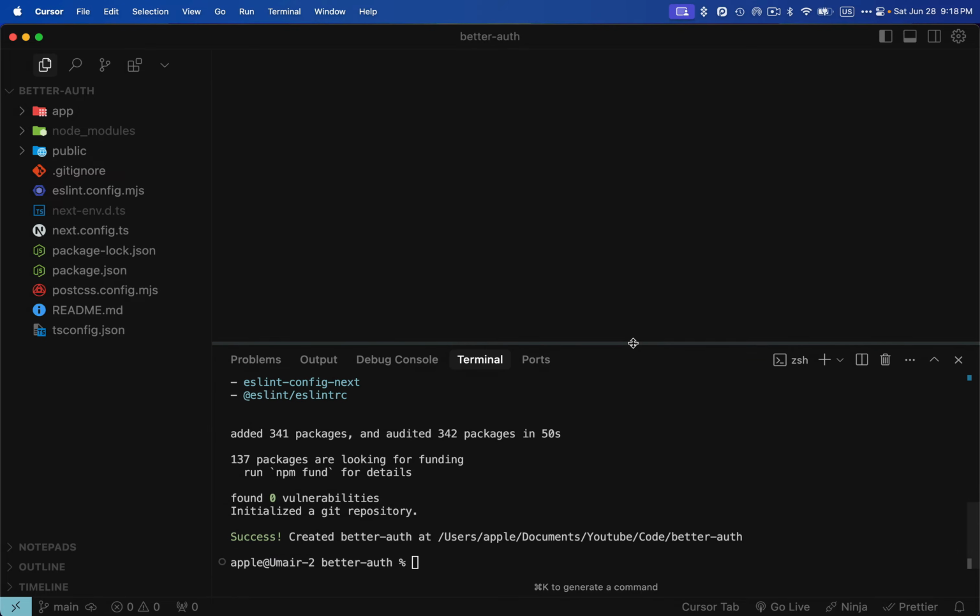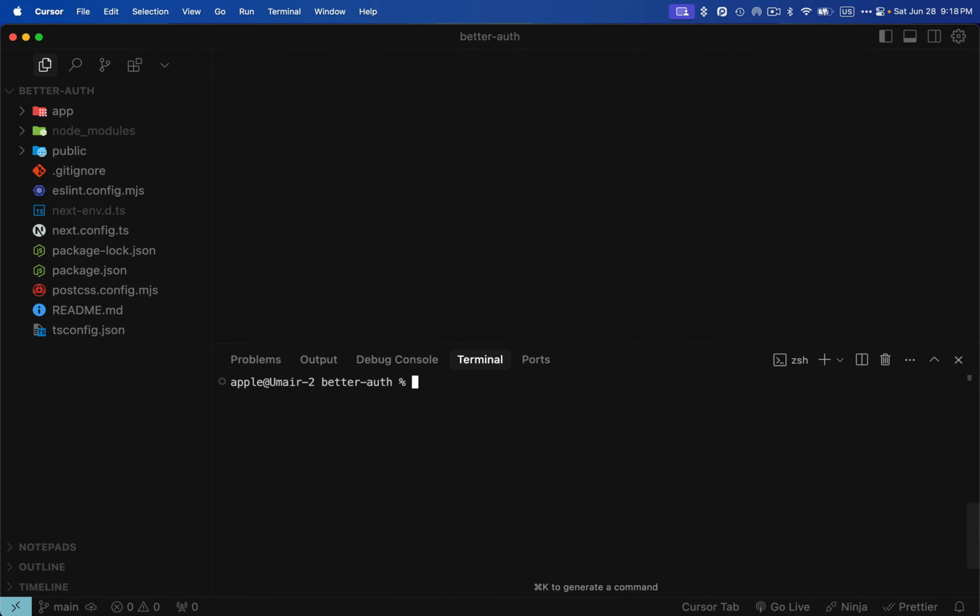Let's first install the few libraries that we will be needing in this particular app. First of all, I'm going to come up in the terminal and install a few packages. So npm install, and the first package is obviously Better-Auth. The second package we will need is pg, then resend. Then we will be needing some types because we are using TypeScript. I have created this Next.js 15 project with TypeScript. So I would need @types/pg. And I think that we are good. And yes, I will be needing